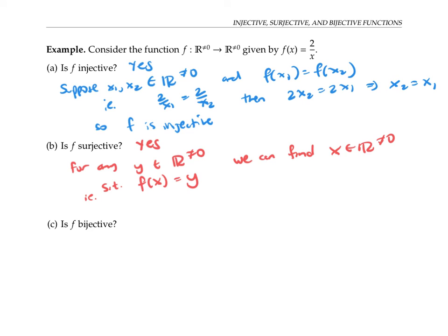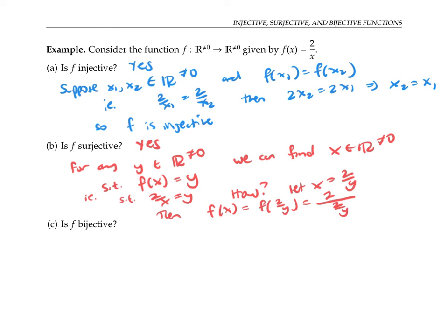That would mean, since f of x is 2 over x, such that 2 over x is y. Well, to do that, we can just let x be 2 over y, because then f of x is f of 2 over y, which is, by definition of f, 2 over 2 over y, which is the same thing as 2 times y over 2,